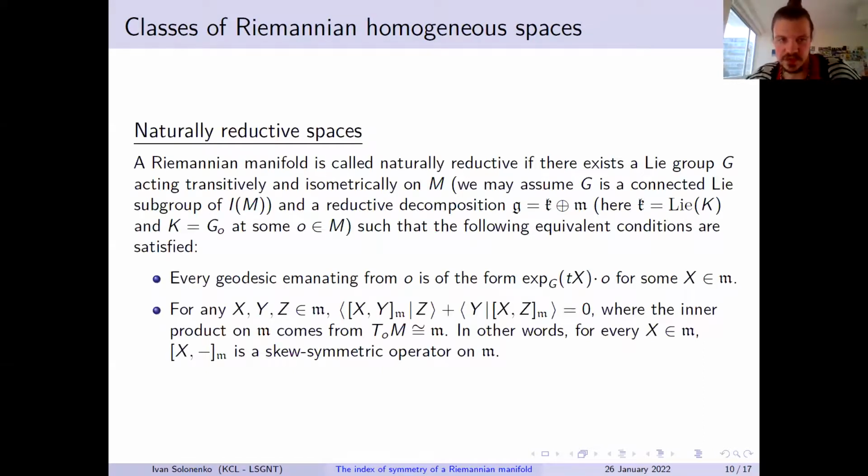Yeah, this is the definition of a naturally reductive space. Note that it's important that G and M are part of the definition. So in order to check that something is not naturally reductive, you have to search among all possible transitive Lie groups that act isometrically and transitively on your manifold, and also to look at all possible reductive decompositions, which is quite a daunting task. So this is an involved